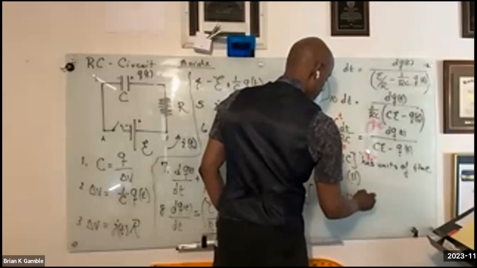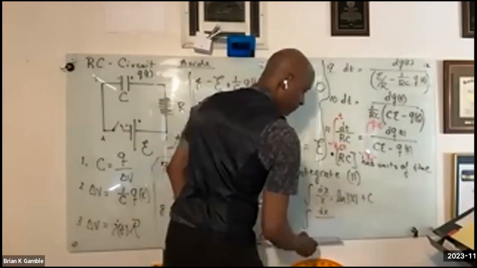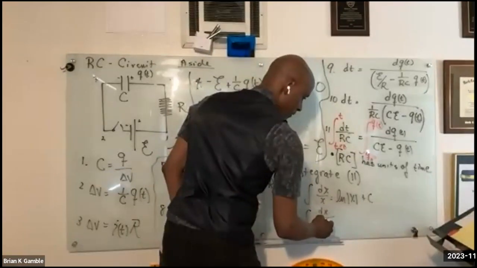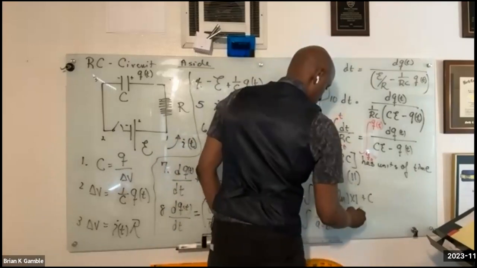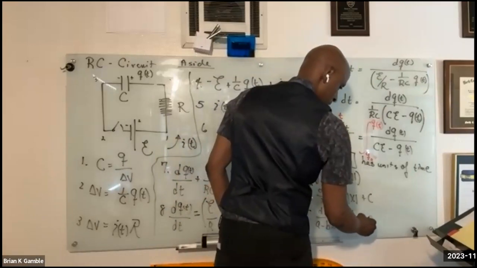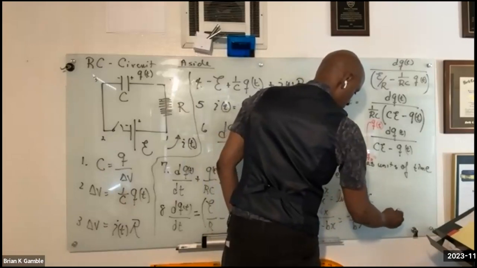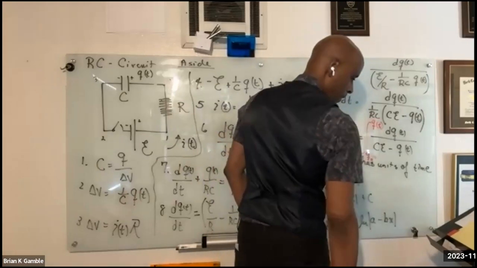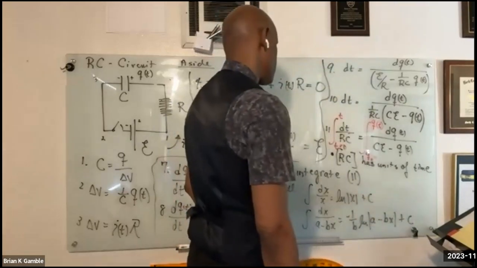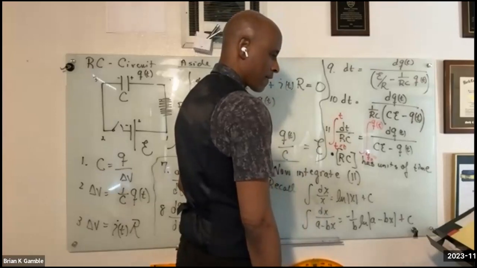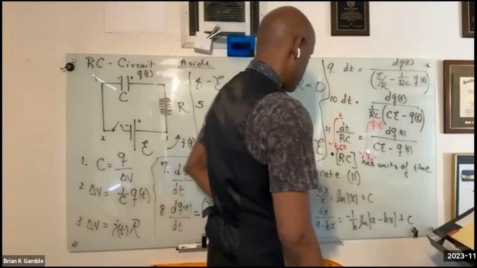But the integral of dx over something like a minus bx is equal to minus 1 over b times the log of a minus bx plus a constant. Now, in our case, I could take out a minus sign, but I could just leave it in there. So in our case, the b is a minus 1,